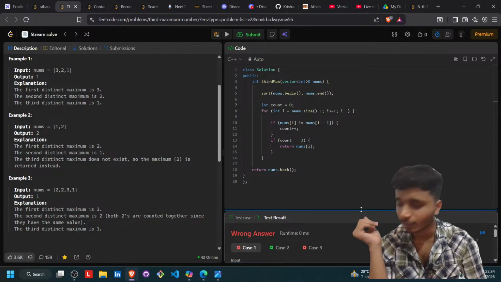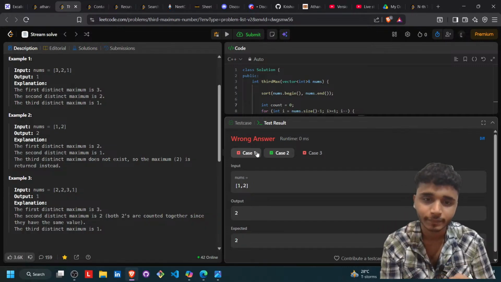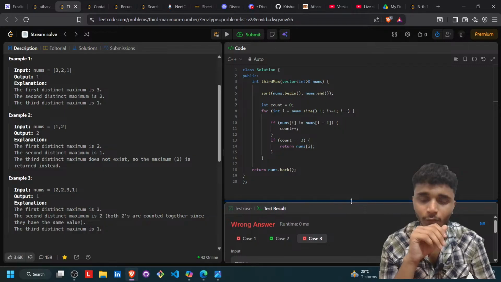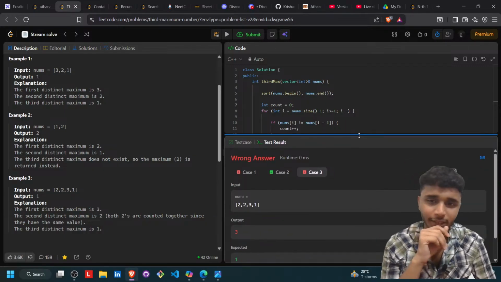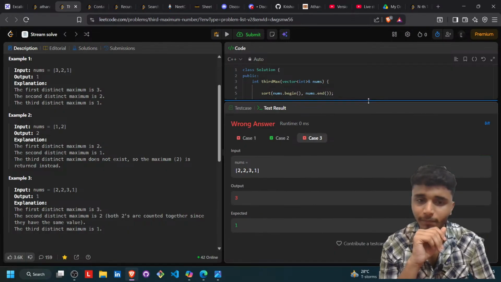Okay, it's passing a single test case, man. The output is the expected one, in the case where there were three distinct values, right? Output is three, expected one, but in that case